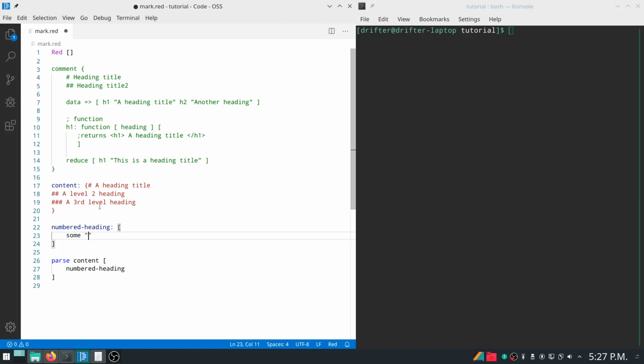There's going to be some pound signs followed by some space, and there's going to be a title right up to this invisible character. We don't see it, but up to the new line. So basically what we're saying is that